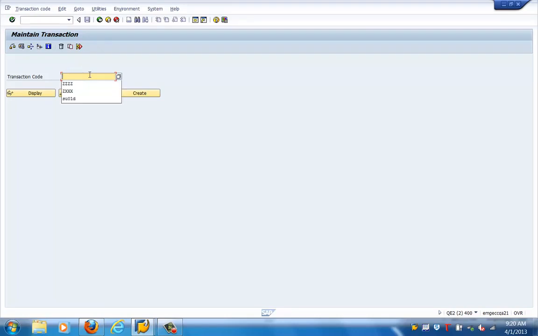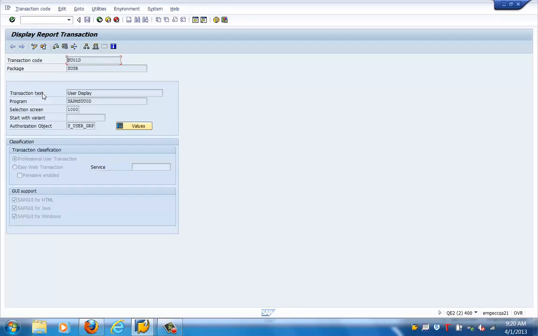We create the transaction code using a transaction called SE93. So we are in the SE93 transaction right now. What I'm going to do is display the transaction code called SU01D. Basically it is for displaying the users. In this transaction code you can see it is assigned to a package.